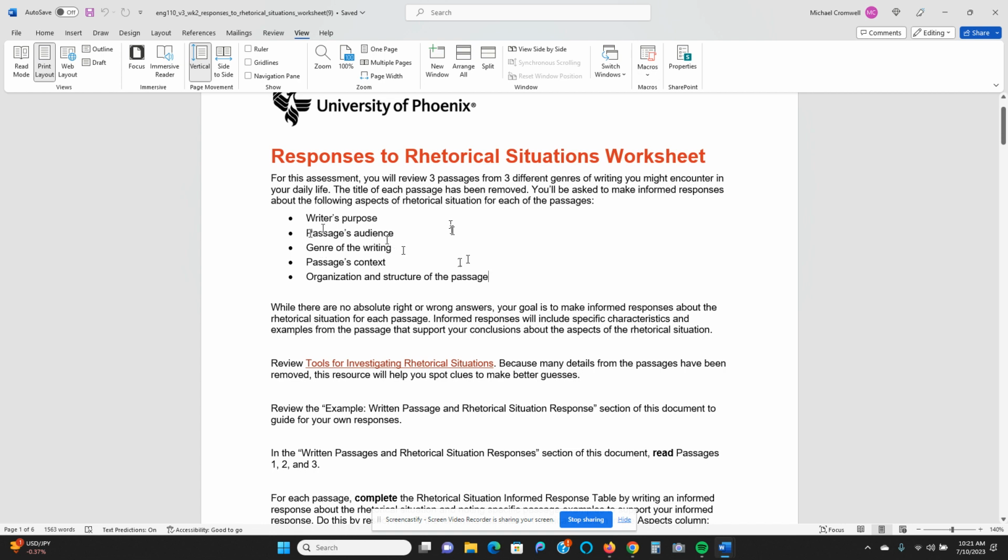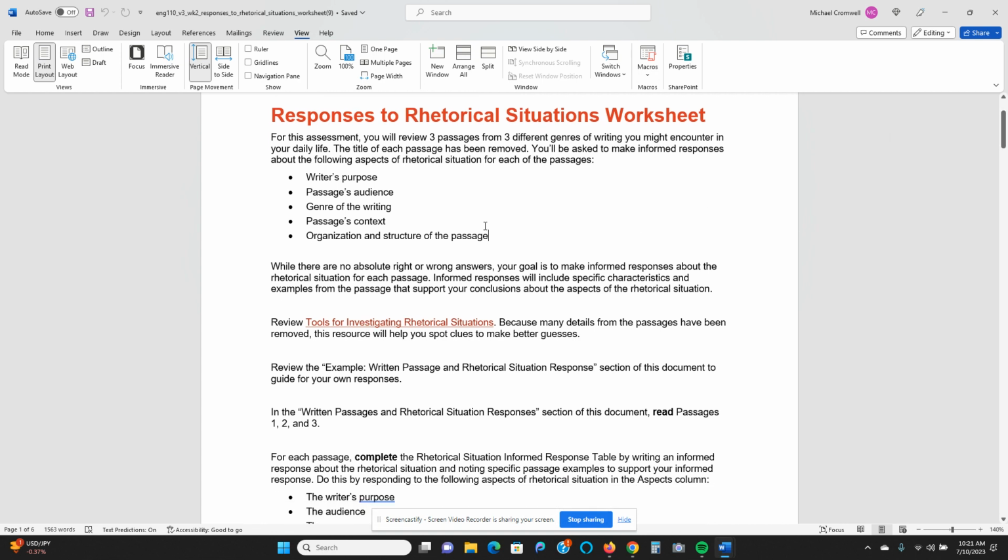What is the genre? The genre right now is probably video. Okay, that's the means by which I'm communicating to you, by video, audio, video. Okay, I'm not writing anything to you. I'm engaging you through video. The context is to help you, the circumstances or the context to help you understand this assignment. In the organization and structure,